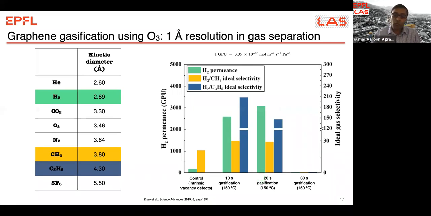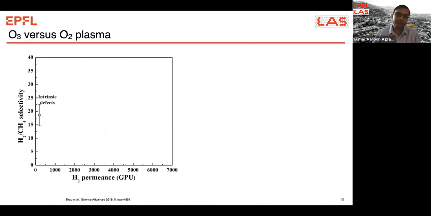Once you start to do longer ozone exposure, we don't see much more nucleation, indicating that most of the clusters have formed, and now what you're doing is essentially expanding the clusters. As a result, the selectivity drops further. So the way you can look at this is, first you're forming these clusters, increasing the clusters to cover the graphene lattice, and the cluster forms the pore. And then once you do this more and more, you have the cluster expansion.